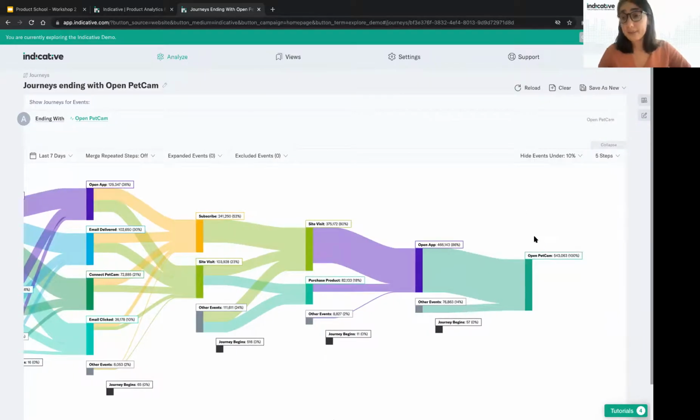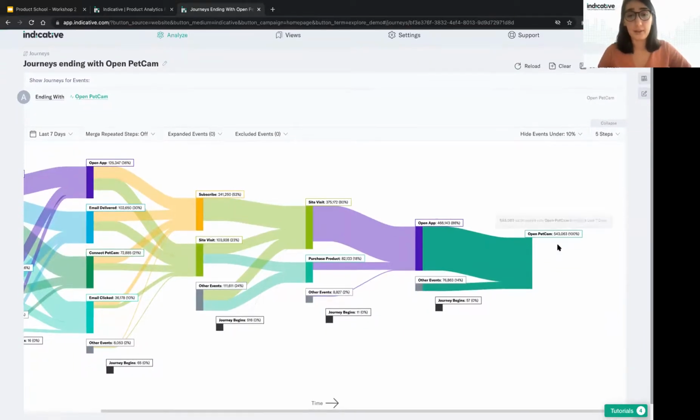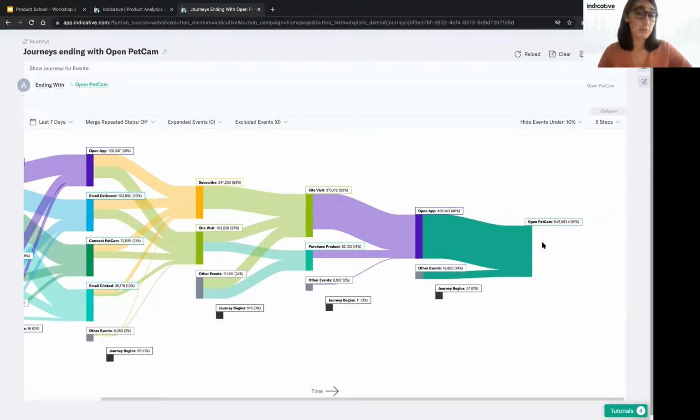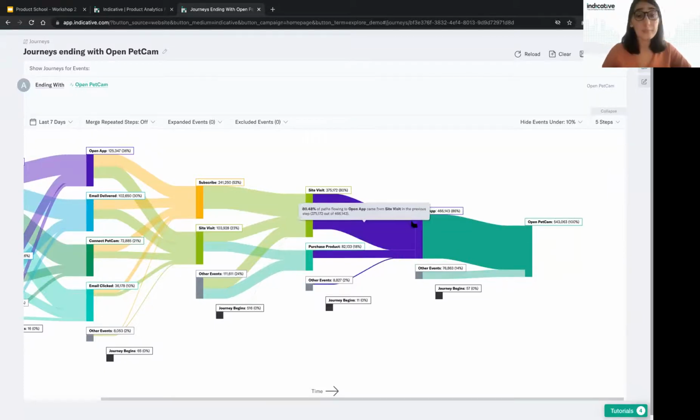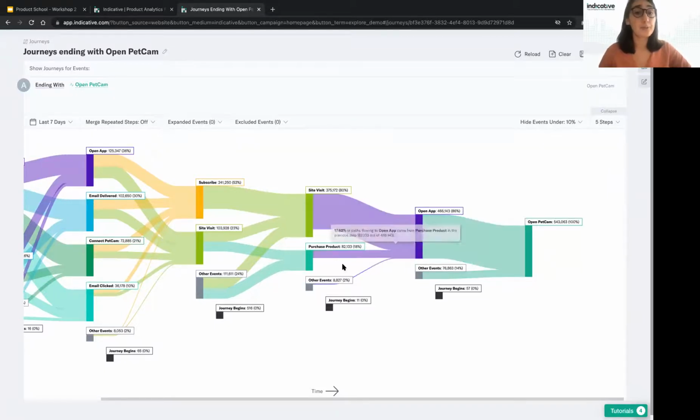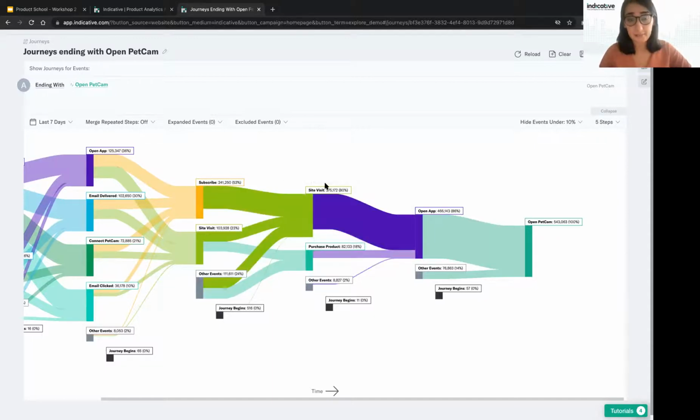And so here we can see that people prior to opening the PetCam are opening the app, which makes sense, but they're also purchasing a product and having a site visit. And so let's actually say we want to understand what is driving people to open the PetCam. We know we already put in some marketing efforts to